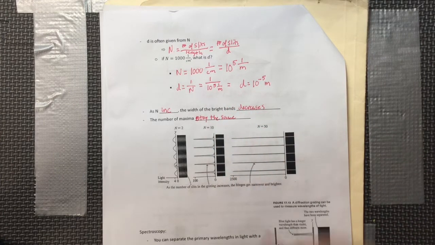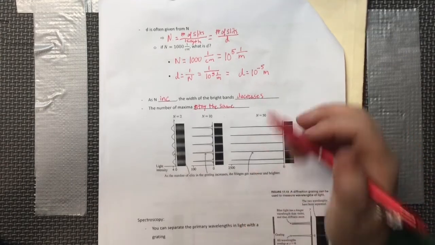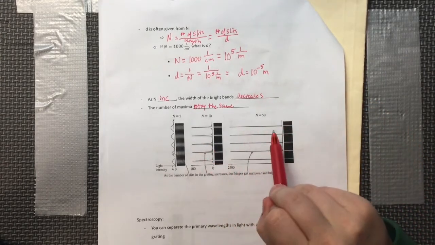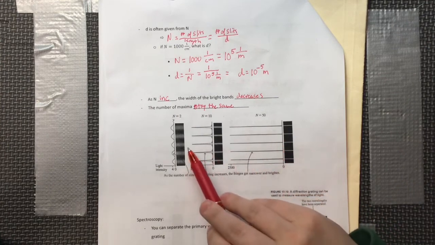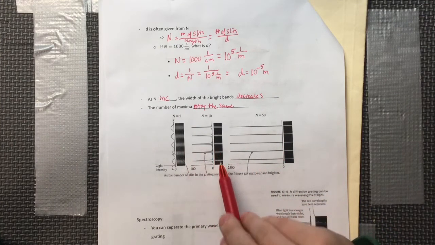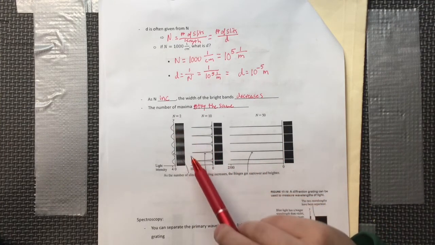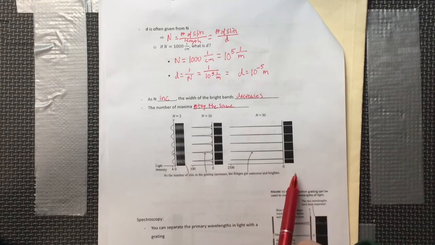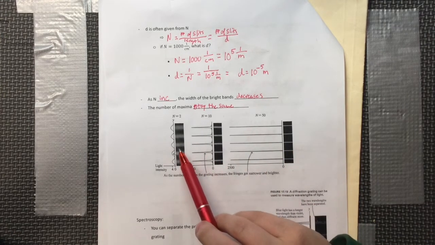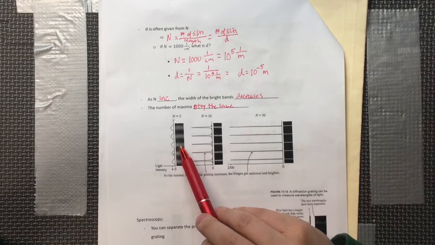So even though we get more slits and these fringes are more well defined, you'll see that we still have the same number in each. In this we have n equals 2. We have these very